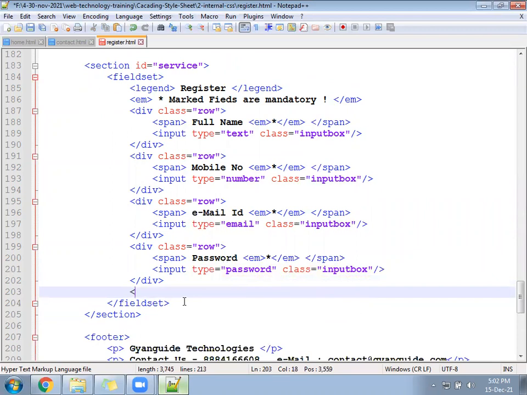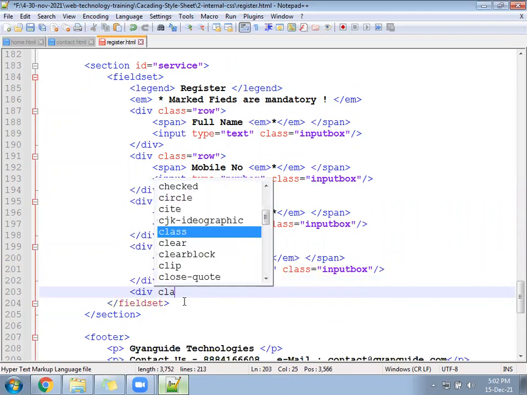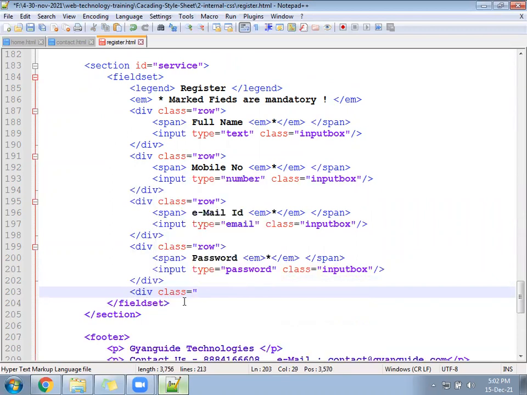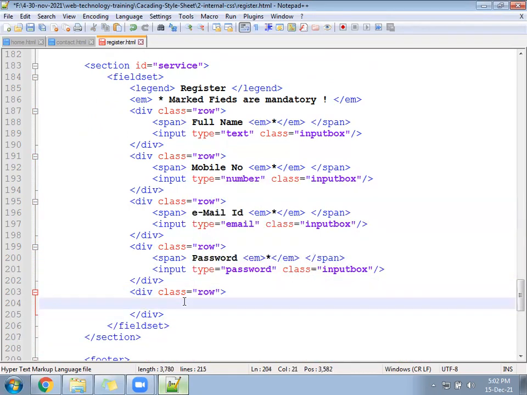Not tr, one more div, class equal to row. There you will follow again a span tag. You will follow inside it gender. Here EM tag will follow, and we'll write inside a star again.